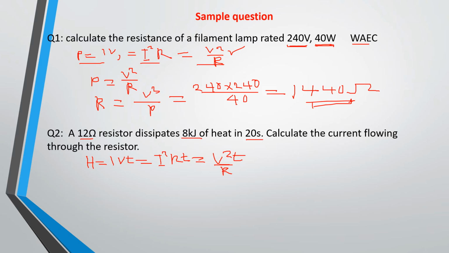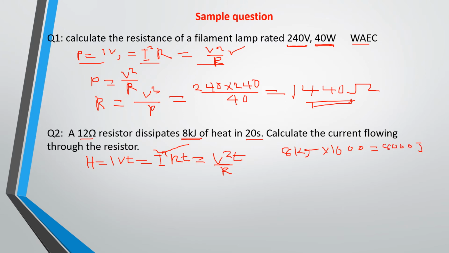We remember. Okay, so if you look at the variables, you are given resistance, you are given heat energy, you are also given time. Now you are asked to calculate the current that is flowing. So which of these equations applies? I think it should be this. Okay, so if this, then convert your heat energy to joules. That means you multiply this one by 1000. So 8 kilojoule multiplied by 1000, we convert that to 8000